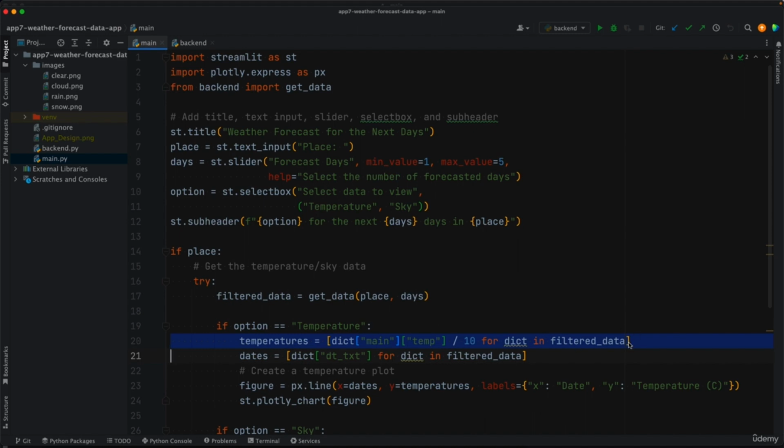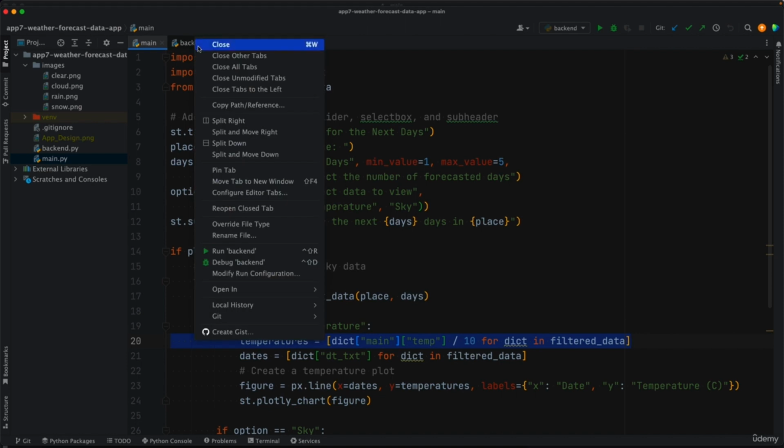So the number of characters includes also white spaces from here up to here. This recommendation sets the maximum line of characters at 79 because that's the optimal length of a line, considering that you might be working with 2 code editors side by side. And that's a good size to fit both editors, but you should have lines which are not too long in order to be able to see both